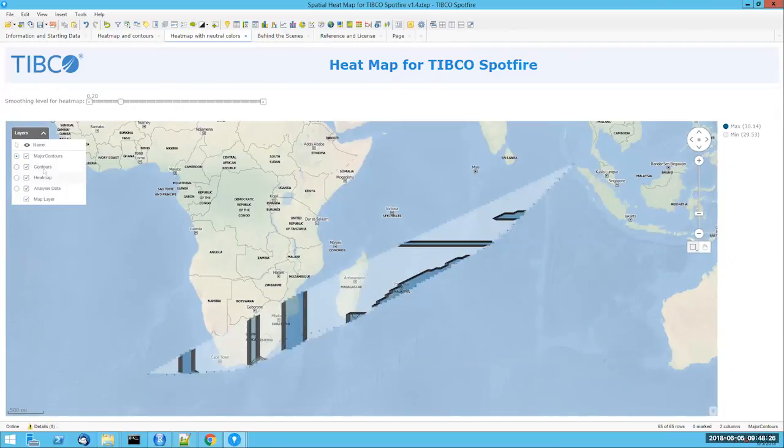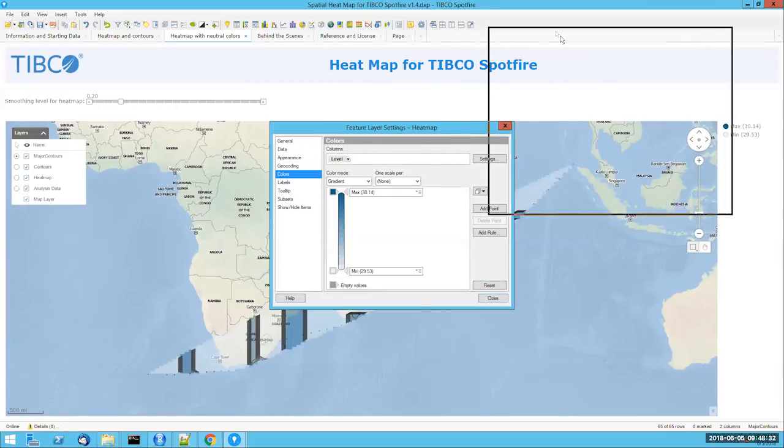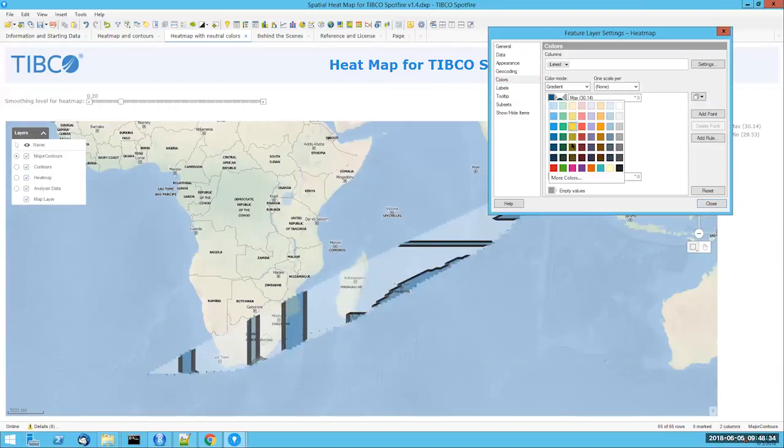So I'm going to go ahead and go to my heat map and go to my layer settings and change my colors a little bit. So now I have my max at something like a red, and let's put in another one that's like a yellow, and let's put this as like